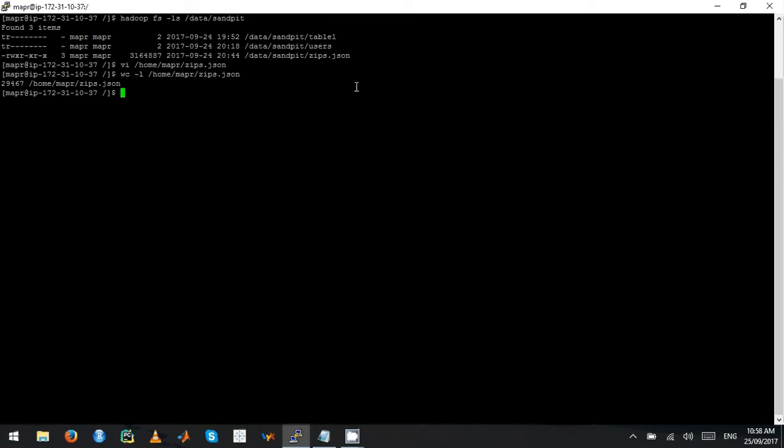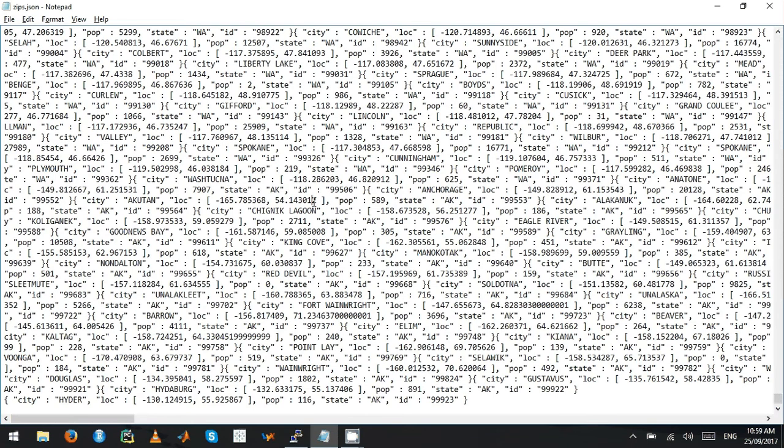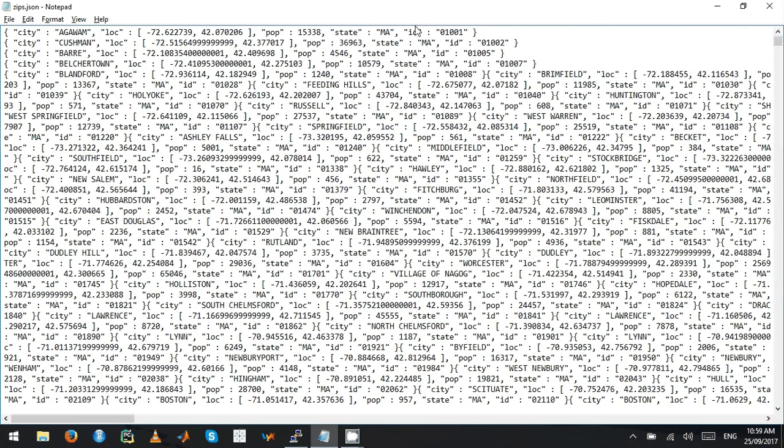So how do we actually import? There is a utility called ImportJSON. I'm just going to type mapr importjson. That's the utility. And then you have to specify what's the ID field it should look for. So in this case, it's ID. So I have another file open here. So here, the ID field is just ID. It could be anything,